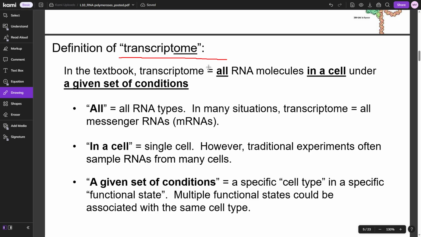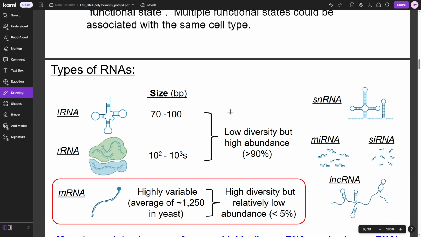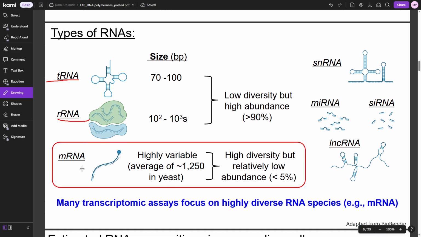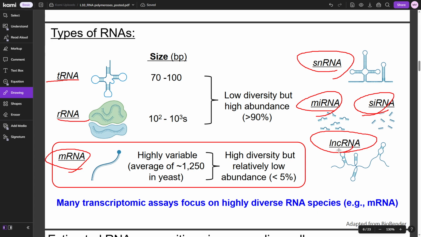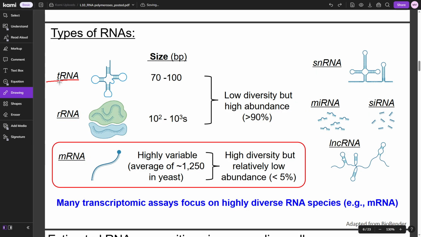And the RNA is always specific to a certain cell type. So different cells have different RNA contents and makeups. There are different types of RNA. The ones you're going to be covering mainly are tRNA, rRNA, and mRNA. In 442, you might talk about microRNAs and silencing RNAs. And then very briefly, you'll cover maybe snRNAs and long non-coding RNAs. But definitely these three are the important ones.